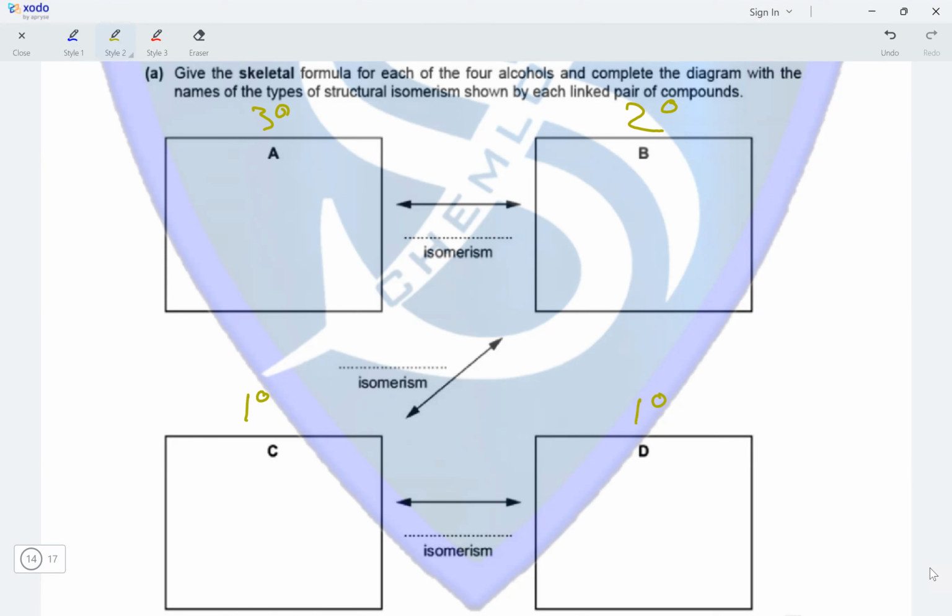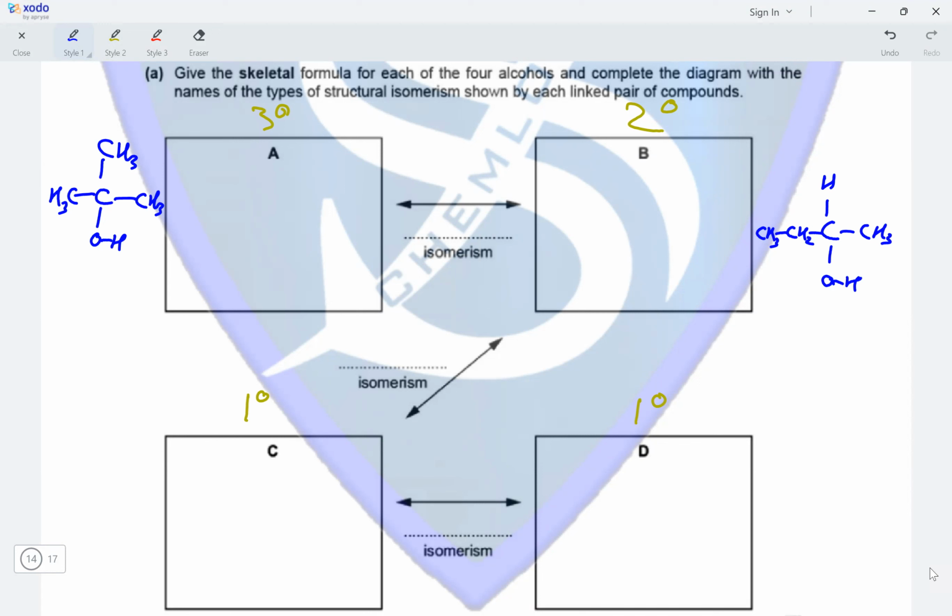So for a tertiary alcohol with four carbon atoms, we would have a carbon atom with an OH group, and then we would have three CH3 groups attached to the three other remaining positions on the carbon. For a secondary alcohol, we would have a carbon atom with one hydrogen, one OH group and then a CH3 group on one side and a CH2 and a CH3 group on the